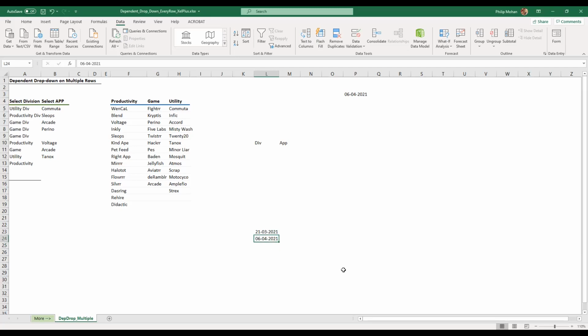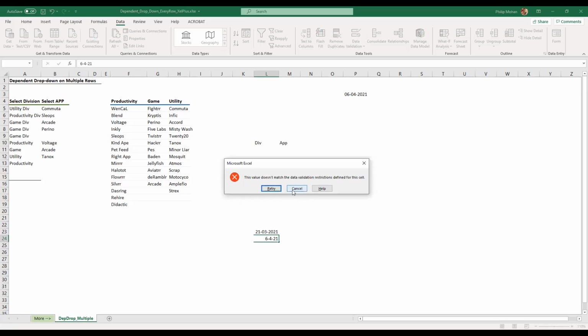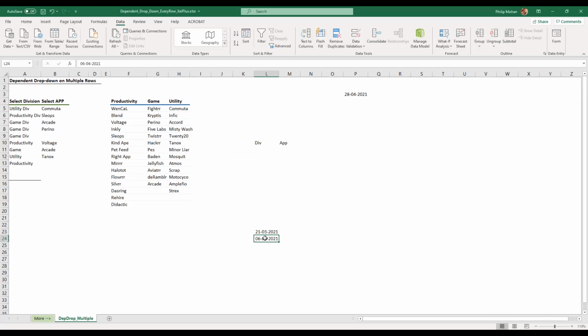So here it will not accept 6th of April anymore, because that's no longer today as far as the system is concerned. Now I have to put 28th April 21 for it to be accepted. Everyone clear on that? How today works? Good. You can hold on the space bar, but those who have only phones cannot do that. Let me just go back and change the date because I don't want to get stuck with that.